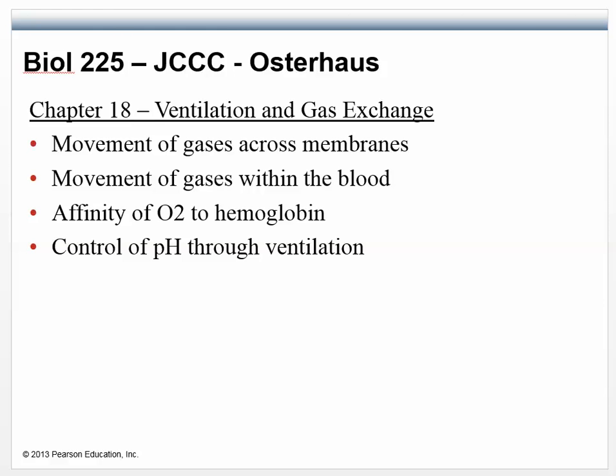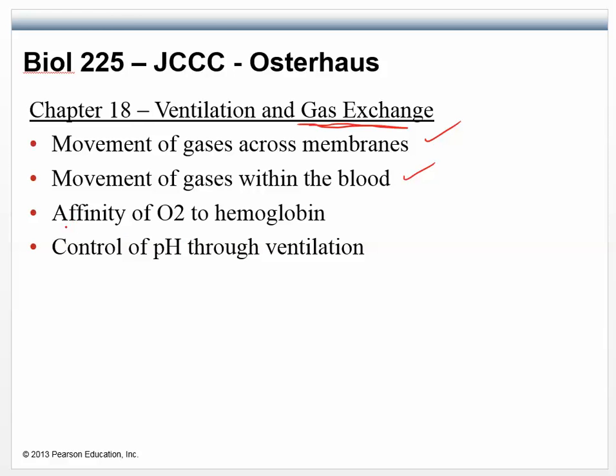Okay, so this is the section where we're going to start talking about some of the more complicated parts of the molecular stuff that goes on. We're going to start talking a little bit more about gas exchange. We kind of introduced that in the last section, but here we focus on it a lot more. We're going to talk about movements of gases across the membranes, movement of gases within the blood,